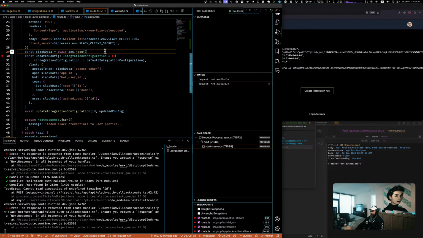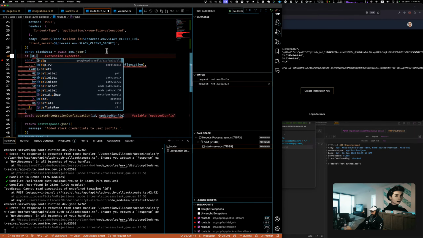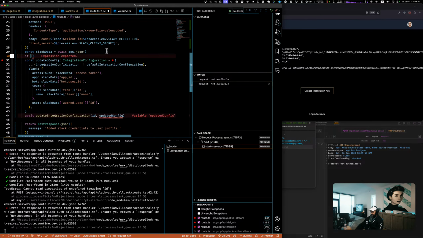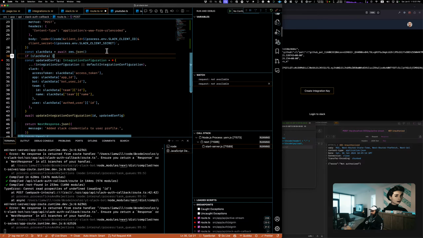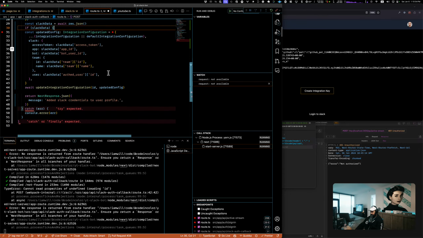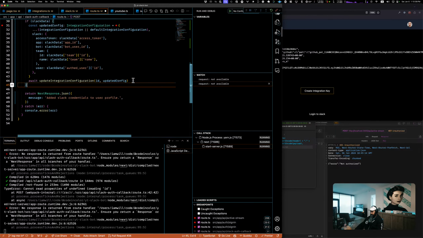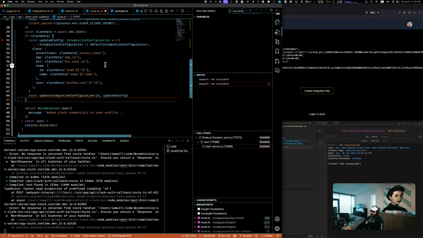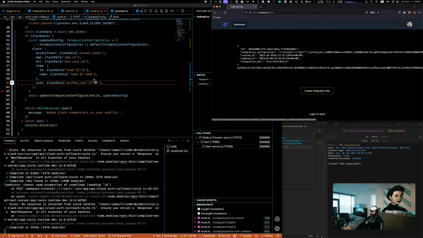I think it's being rendered twice. Let's say if Slack data, or no Slack data. We'll just say Slack data for now. We'll wrap it so I don't have to worry about the opposite case. So if there's Slack data, then we need to do something. So we have our updated config, and then we're gonna do the thing. Otherwise, bow out. Let's try that.